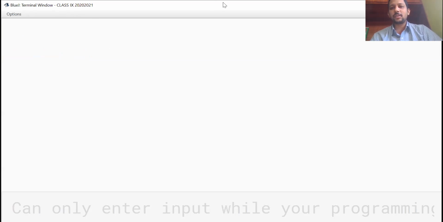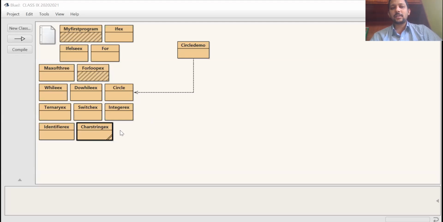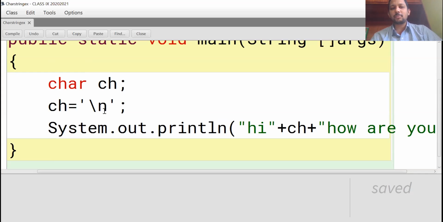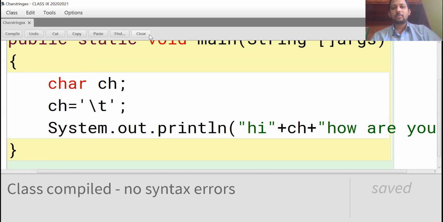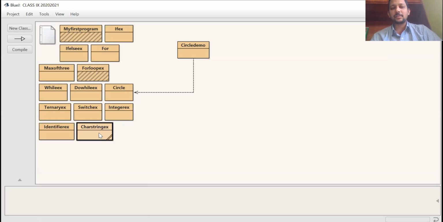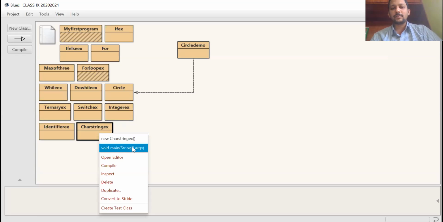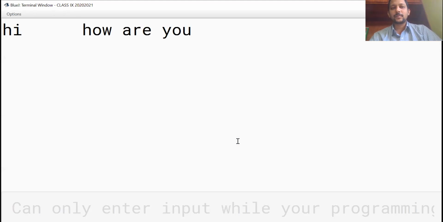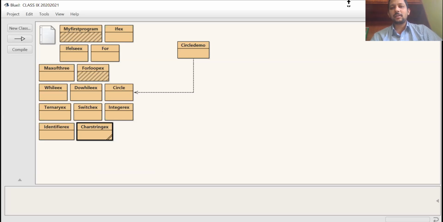So we can use escape sequences also as character literal. For example, if you are using \t, that means horizontal tab. It will give one tab space, only one line. So this is a character literal in Java programming.